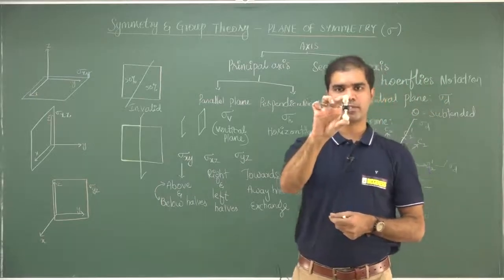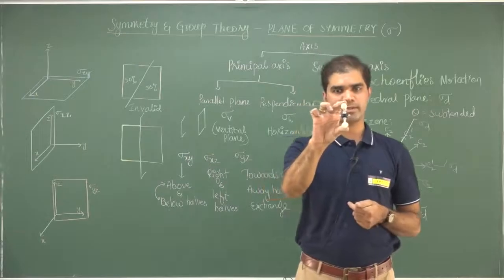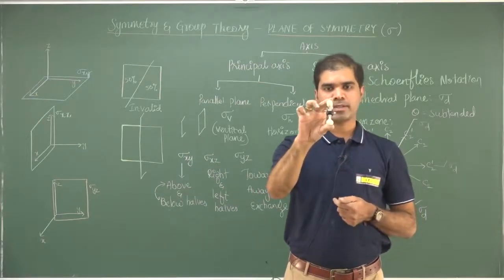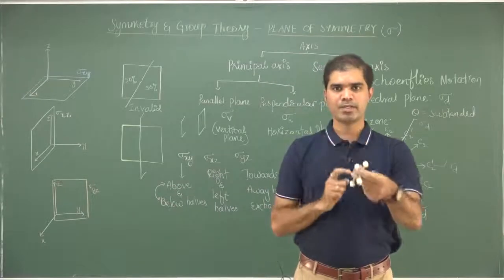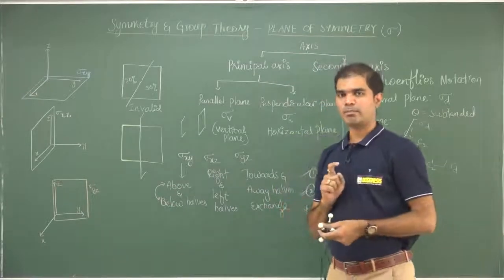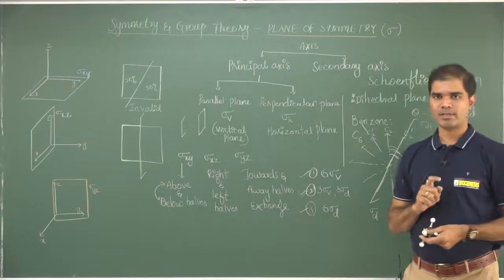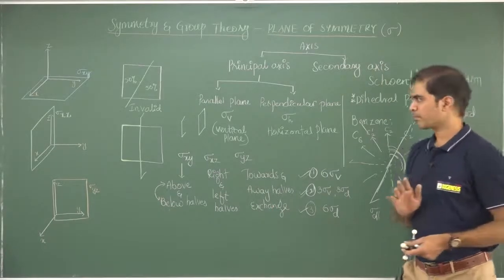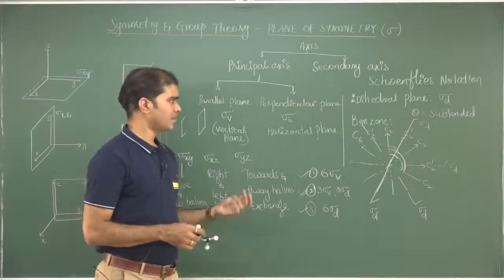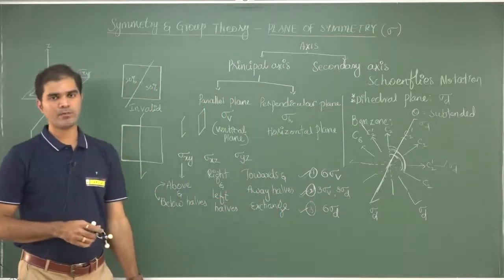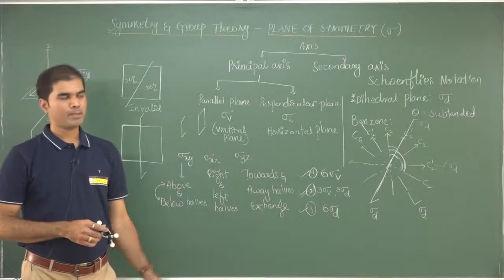When I hold it this way, you just cannot see the rear CH2 unit. These are eclipsed. But just imagine if there are 2 identical units that are staggered; whenever they are staggered, then the planes that are present will be dihedral planes. So simple is that. I will discuss more about this in some other video. I will choose one particular important molecule where you find dihedral planes. But just to conclude,